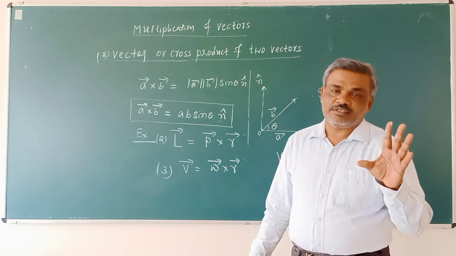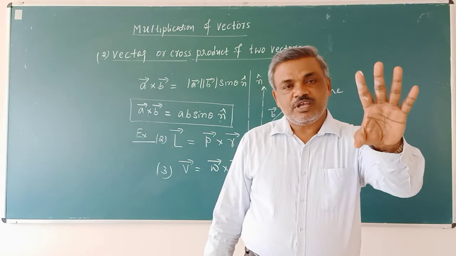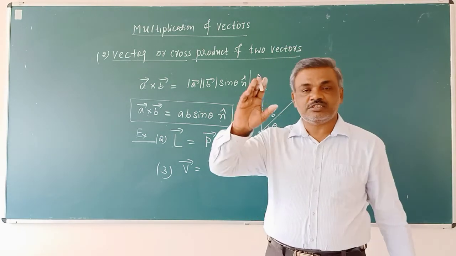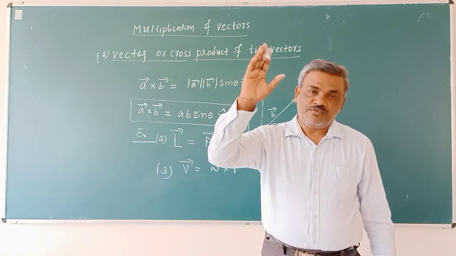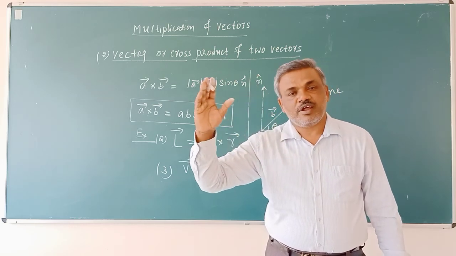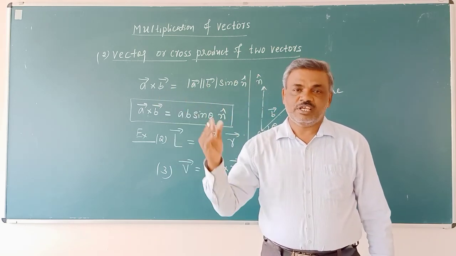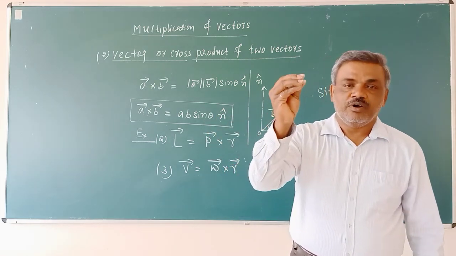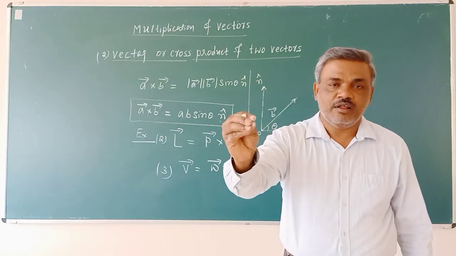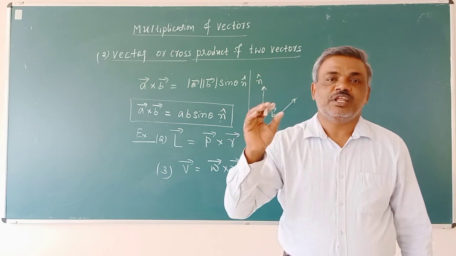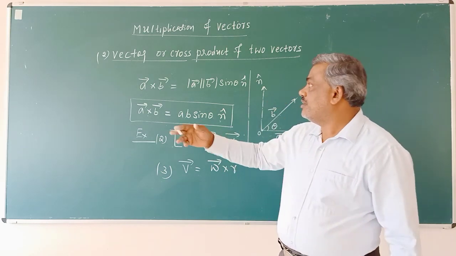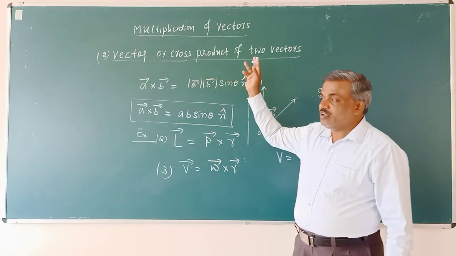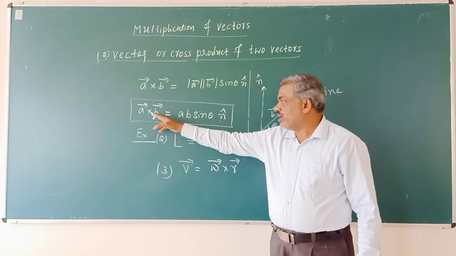So in today's class, students, multiplication of vectors. There are two types of multiplication. One is the scalar or dot product of two vectors. Scalar or dot product of two vectors is used to measure work done, power, gravitational potential energy. Second one, vector or cross product of two vectors. So now A cross B equals